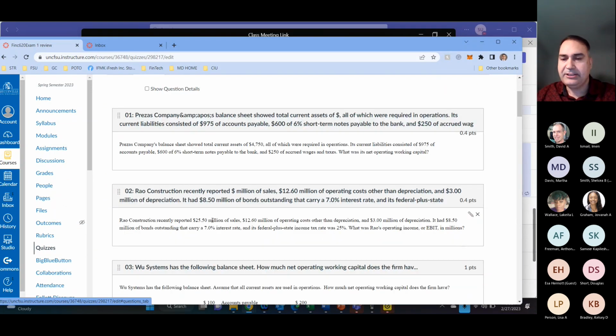Now, in order to be successful in exam one, I highly encourage you to go through the review exam and solve it. Solve it in such a way that you can do it without any problem. You can do it very quickly. You can put in the numbers. When you do it for the first time, it will take time for you to understand and get it right. But then do it again and again, at least 3, 4 times